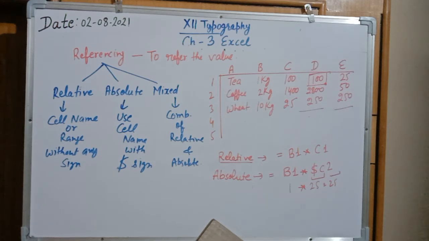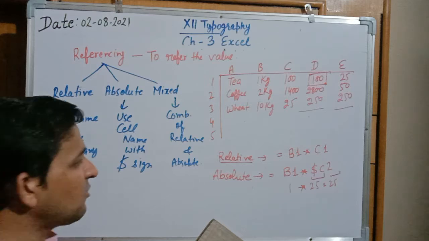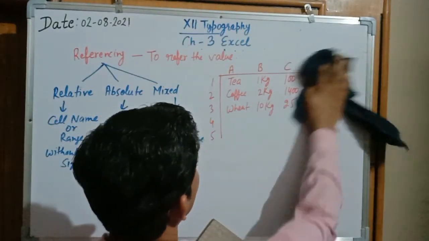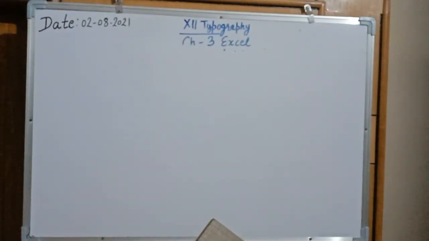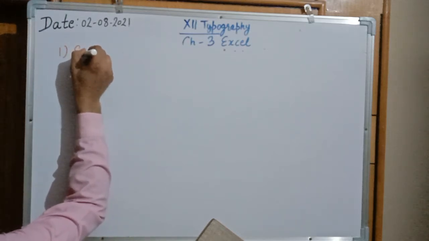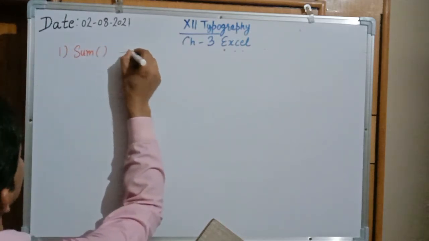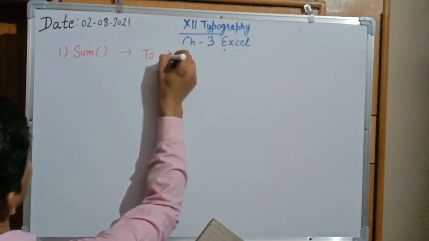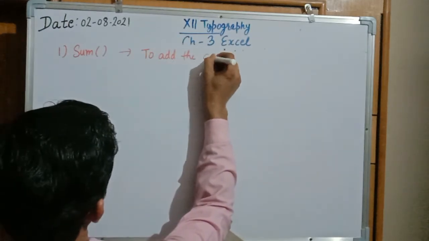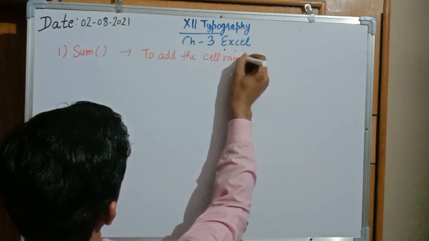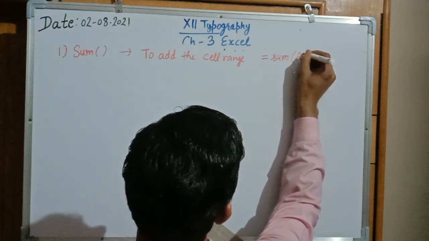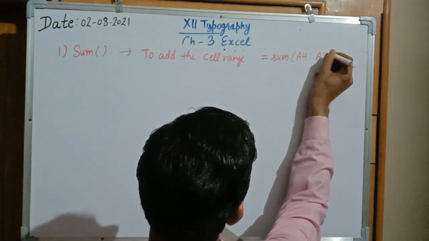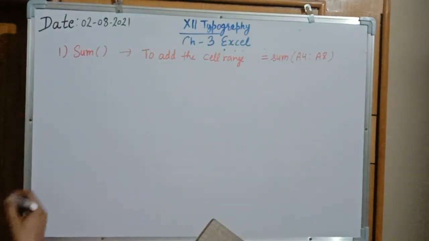Now we are having some functions. Functions are predefined, already present in your Excel sheet. I write the function name, and I also give the reference. So which functions are we using? Function 1 we are using is sum. Sum is used to add a cell range. Like I am writing equal to sum A4 to A8. It will do the addition of the values and provide the result.